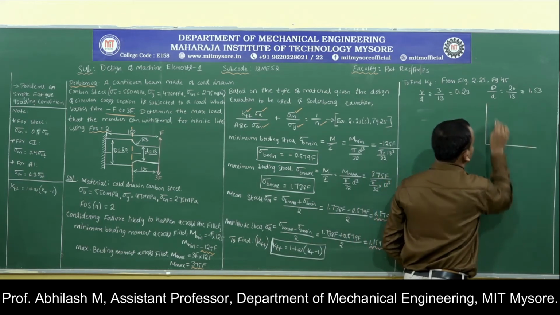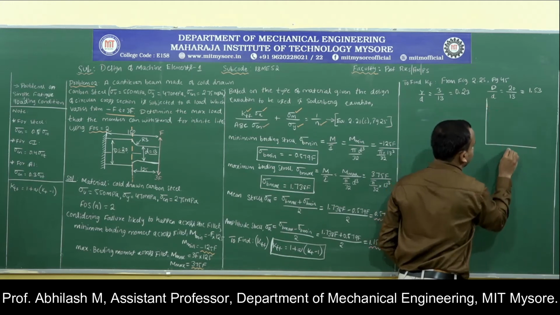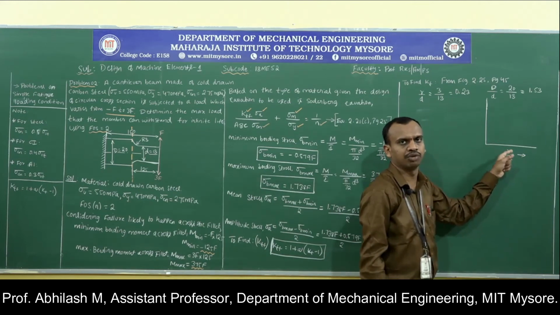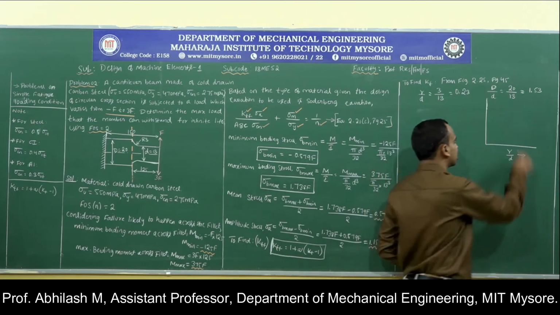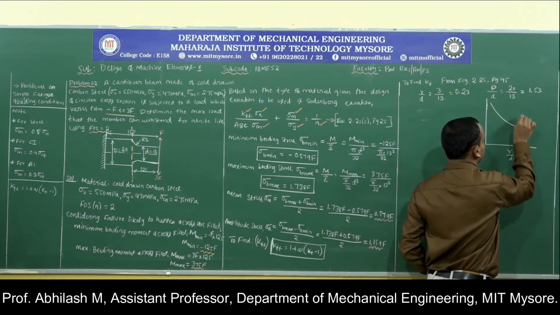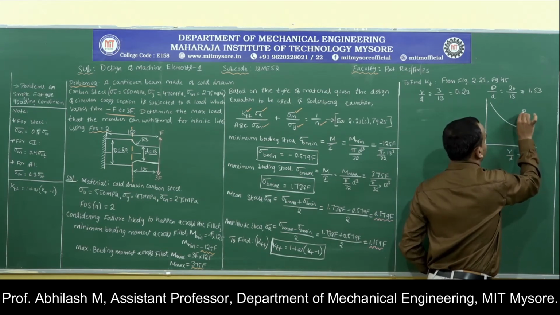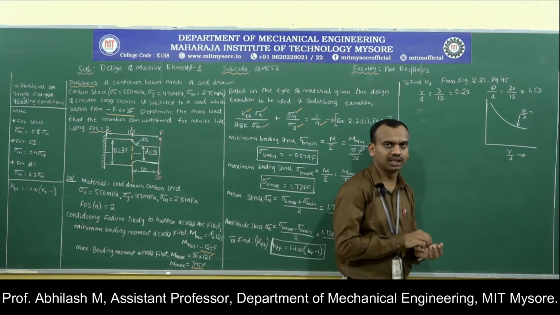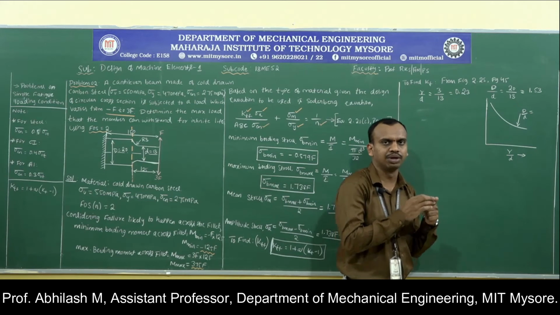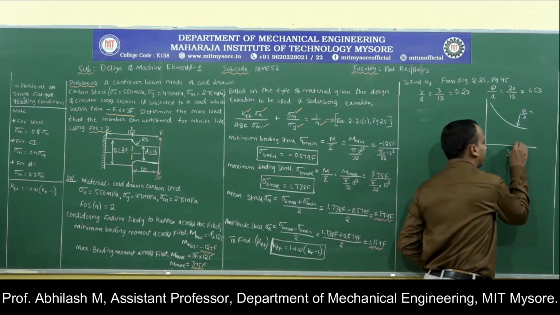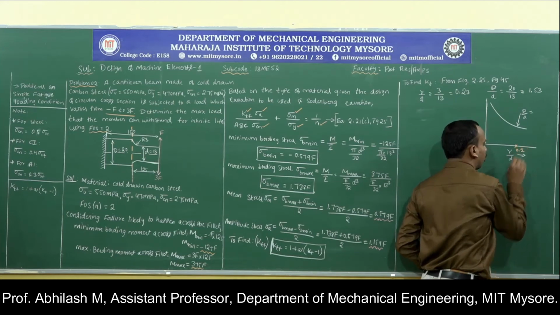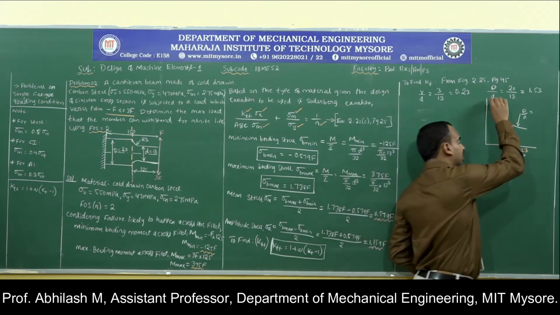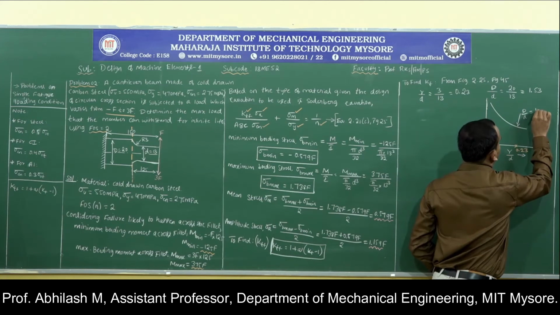Now, if you refer to the figure, it goes like this. We have the x-axis which has the r by d ratio. The values vary from 0, 0.05, 0.1, 0.15, 0.2, 0.3, and it goes up like this, and we have different curves where we are supposed to follow the ratio of D by d. Now, identify the r by d ratio value of 0.23. We might not have exactly 0.23, it will be between 0.2 and 0.25. So, I try to identify that value, that is 0.23,